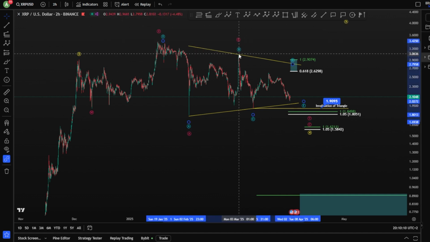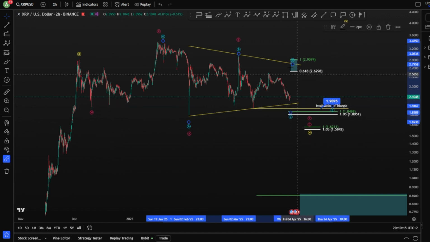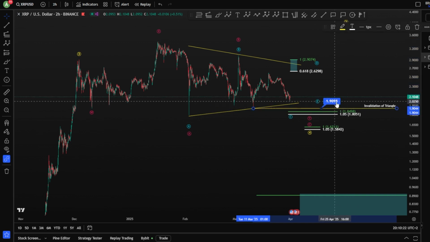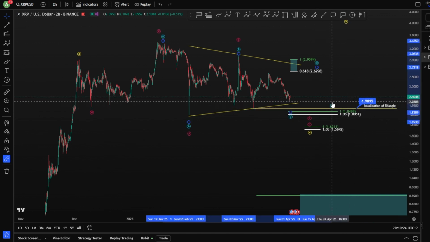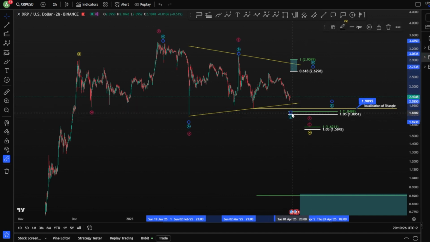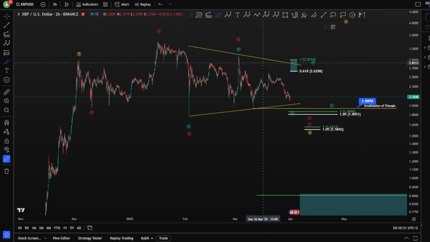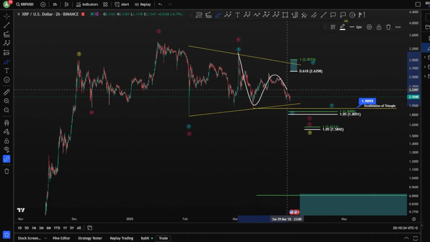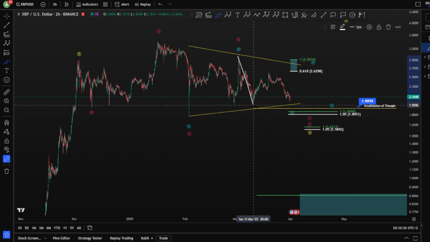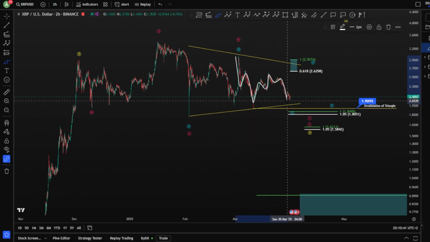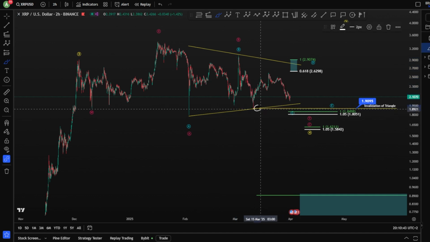The wave Y is a triangle where you might have an extended wave C. And that means, with this extended wave C, this triangle is extending in time, and it's going to take even more sideways to finish this wave Y. And that means this wave C right now is unfolding as a potential A, B, and C toward the downside. 3 waves down, 3 waves up, 1, 2, 3, 4, and 5, potentially taking